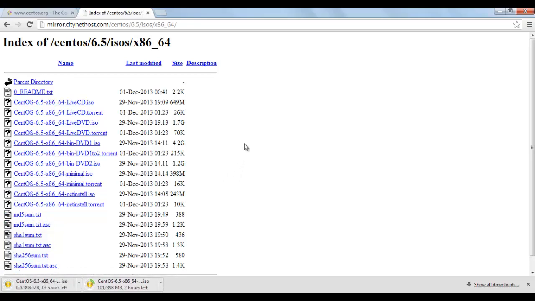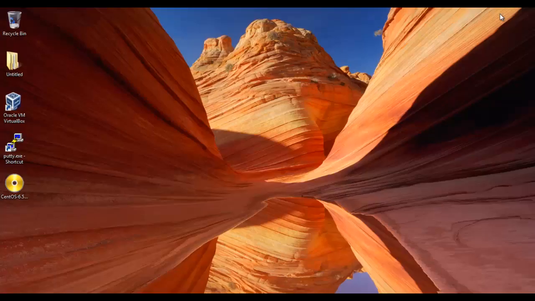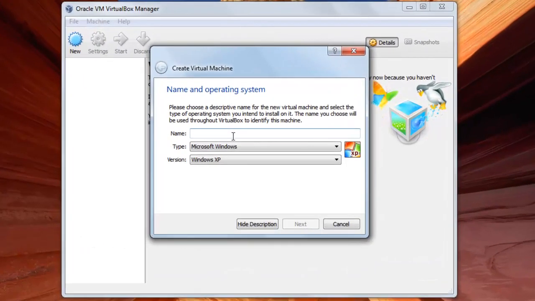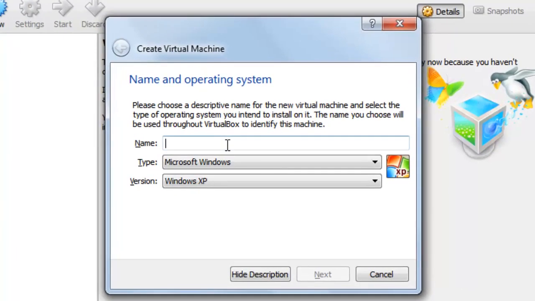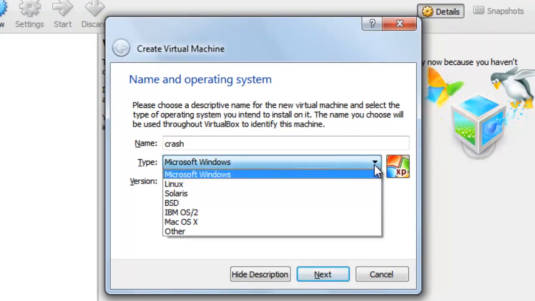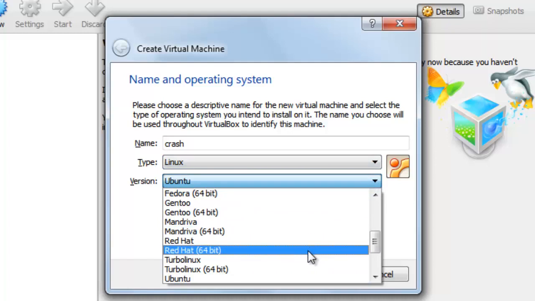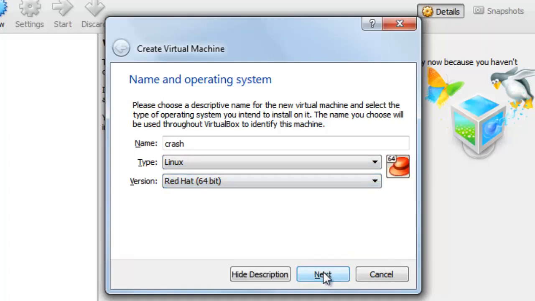In normal case it will start downloading and you will wait for it to finish, but I have it already, so I will not wait for it to download. Now let's see how to install it by using the VirtualBox. Open the VirtualBox, click on New. Here you will type the name of the virtual machine that you will create. I'll type crash, and then from type you choose Linux, and from version you will choose Red Hat 64-bit and